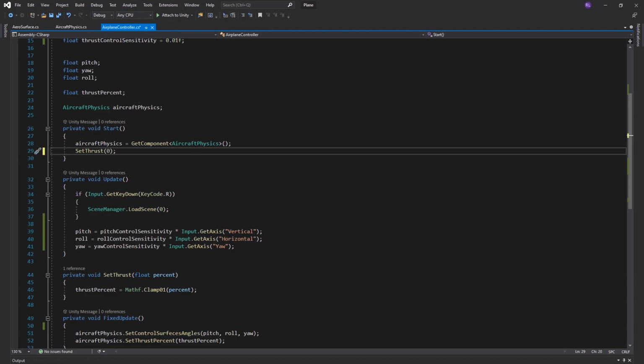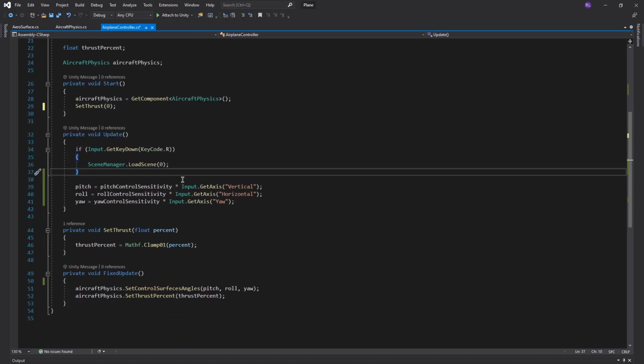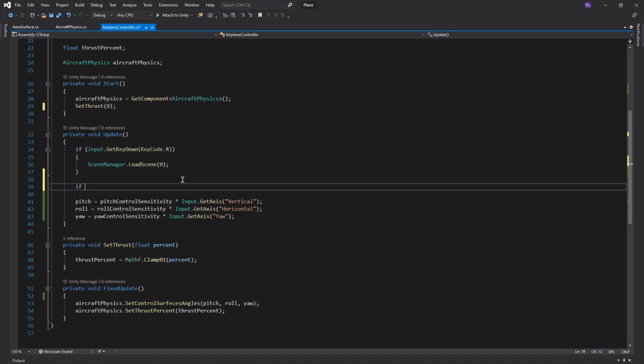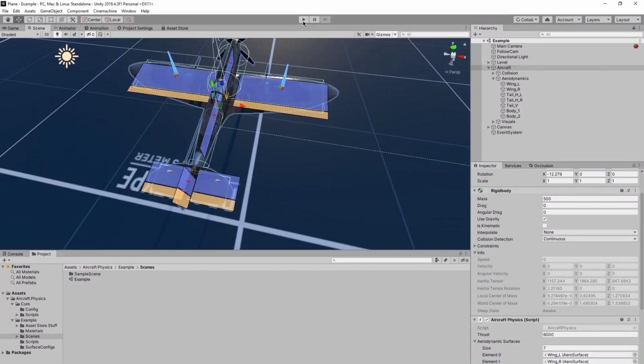So for thrust, I thought about this, and I thought that thrust is best controlled with the space key. So we can just do an if statement. And just setting the thrust like this is pretty solid because it just adds on a certain amount of thrust when you're pressing the space key. So that's pretty nice. So now if we go into the game,